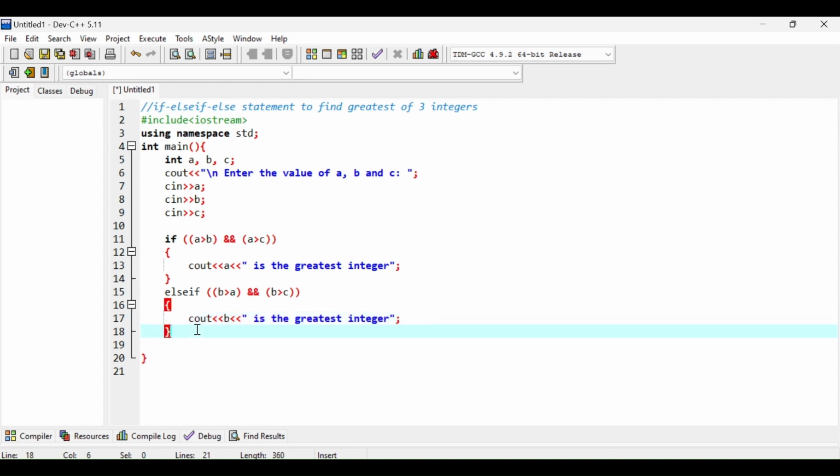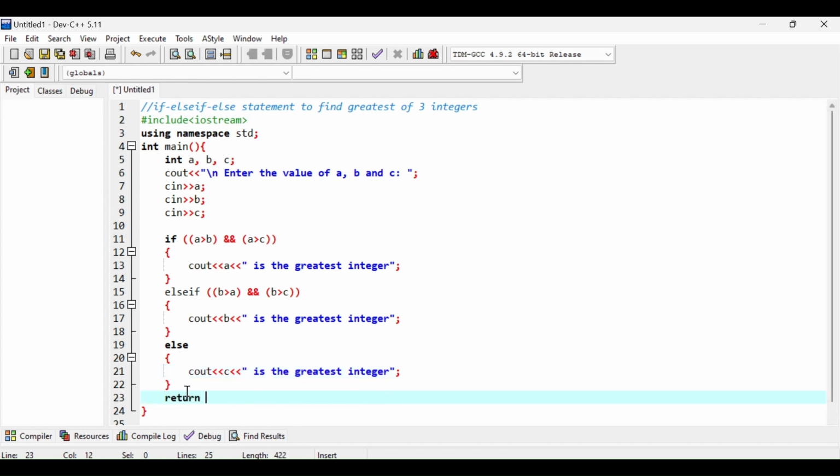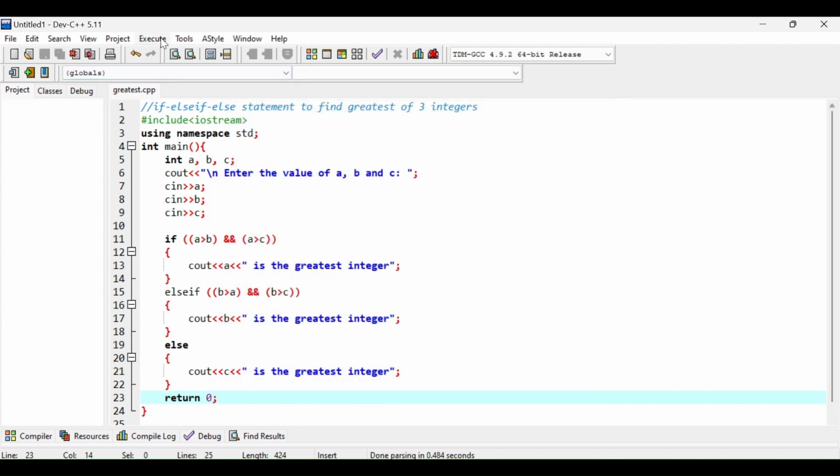And finally, if both these conditions are not true, that means c is the greatest. So I don't need to mention the two conditions in the last case, and I can simply type here cout and then c, and then here is the greatest integer. So my program is done. Then I will type here return 0, and let's save this program as greatest. Okay, save and execute it